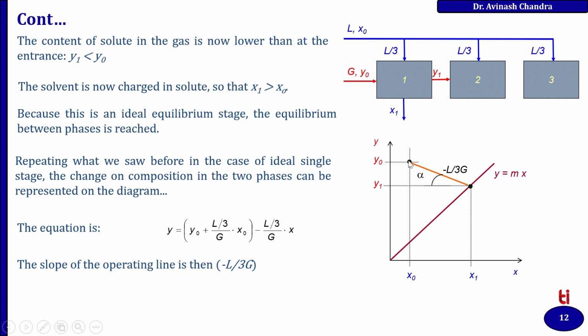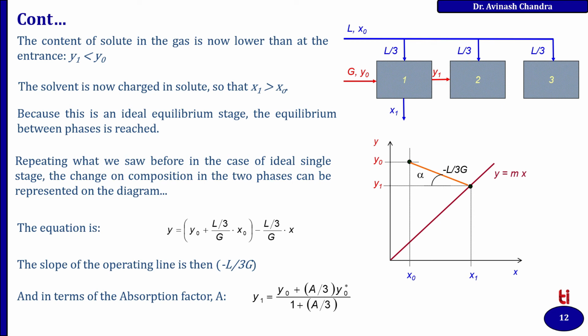You simply draw the line of slope minus L upon 3G. So this line will give you the equilibrium values x1 and y1. Both x1 and y1 are in equilibrium, and the equation of the operating line will be this: y equal to y naught plus L by 3G x naught minus L by 3G into x. So in terms of the absorption factor, y1 equals